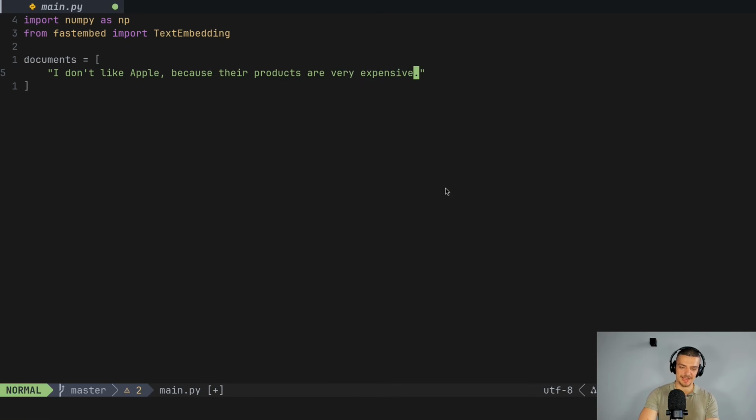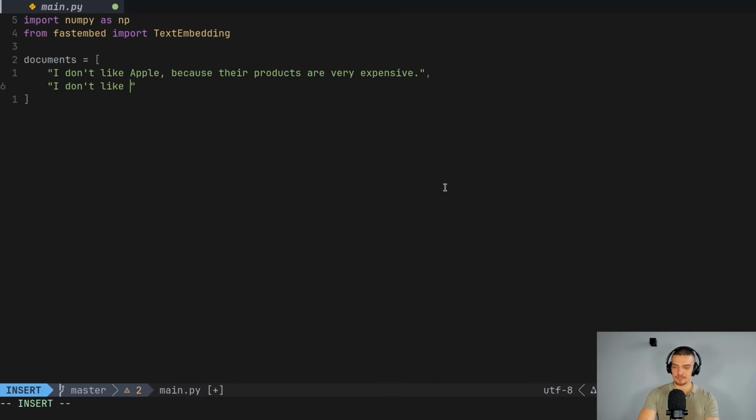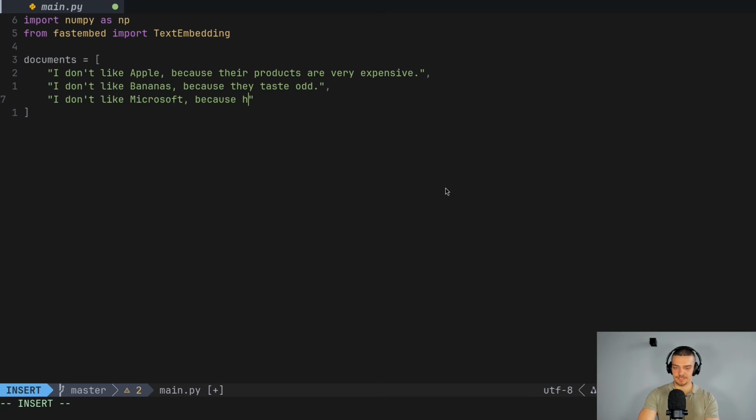Now, obviously the word apple here is a fruit, but in this context, it is the brand of the technology company. So the second sentence, if I go with something like "I don't like bananas because they taste odd," that is also a sentence, and this is focusing now actually on a fruit. And the third sentence will be something like "I don't like Microsoft because their OS produces a lot of blue